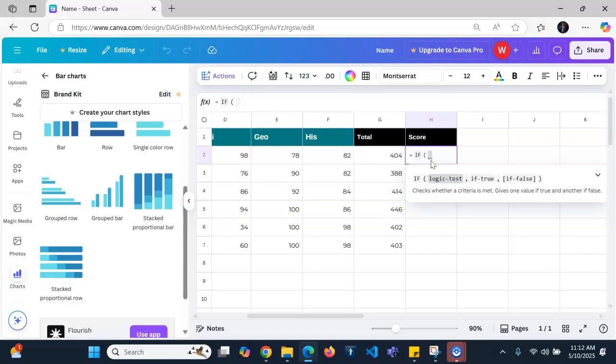So I want to say if this total here is greater than 400,